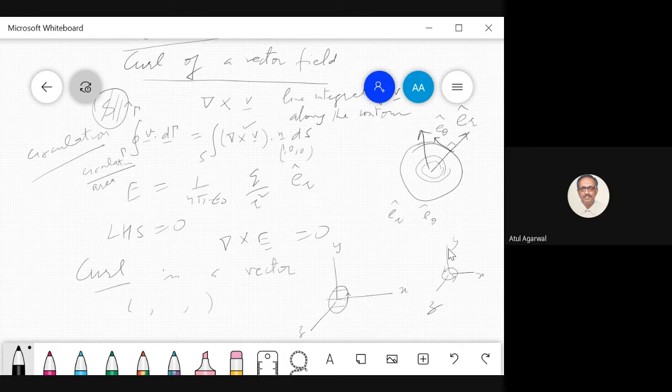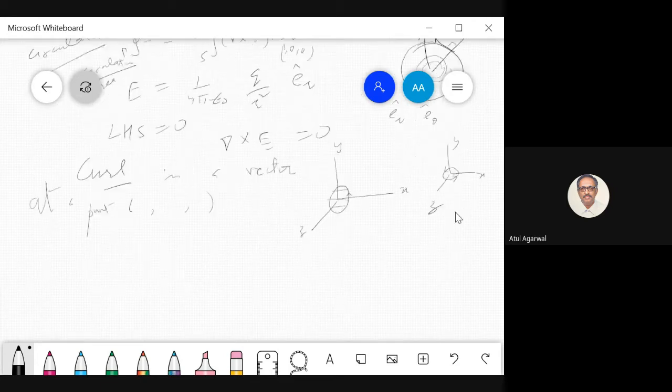You have to take 3 different areas having normal vector in X, Y, and Z directions. So those contours are lying in those planes, XY, YZ, or XZ planes. And then you find circulation on that contour and then divide by that area. It's a limiting process. And you get the curl at a point. Is it okay? So curl you can define at every point in the field, in the space.